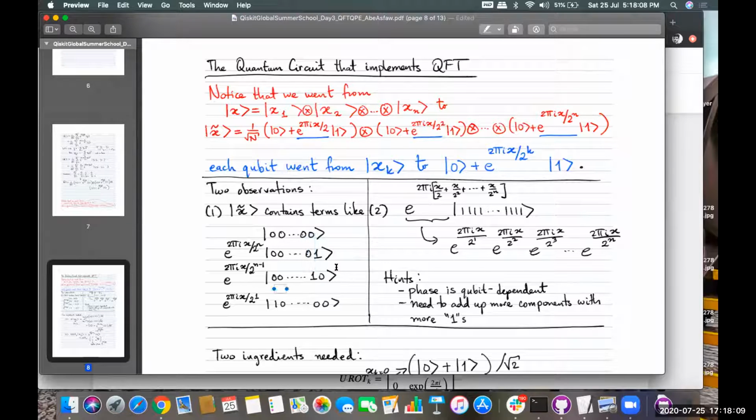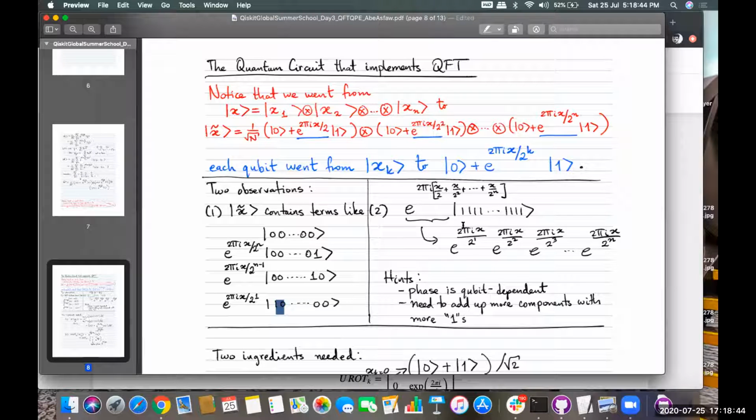Okay, so phase will be basically qubit dependent. If we start from the very first qubit, all the qubits will be 0. If we move to the next qubit, the last qubit will be flipped and that will become 0. And further, as we keep on moving, the adjacent qubit will keep getting flipped and become 1. So when we reach the phase e to the power 2 pi ix divided by 2 to the power 1, it will become 1 and all the other qubits will be 0, 0, 0, 0.